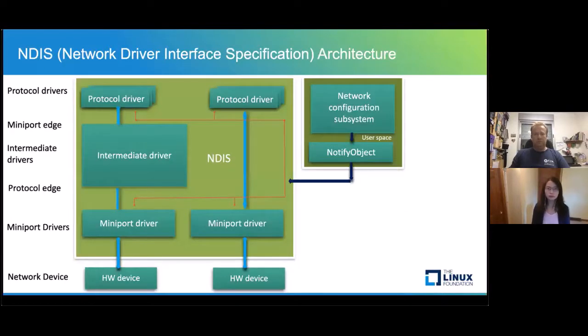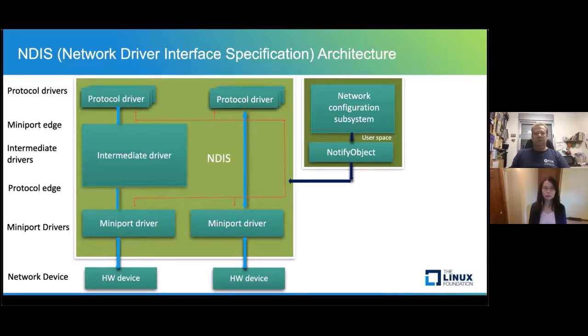So now let's talk about Windows terms and what the network driver architecture looks like in Windows. You'll hear a lot during this presentation about NDIS. So what is NDIS? It's the Network Driver Interface Specification. It's also the ABI for network drivers, and it's also the architecture of the network drivers in the kernel. There is NDIS.sys, which is a Microsoft driver that you can see in the Windows kernel, and it implements part of the NDIS functionality. If you go from bottom to top, at the bottom you will see hardware devices,